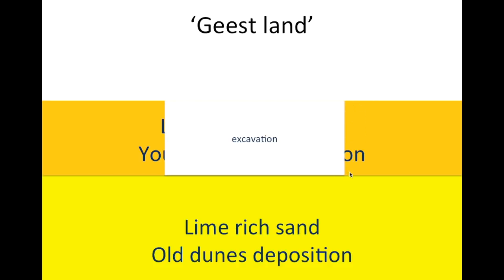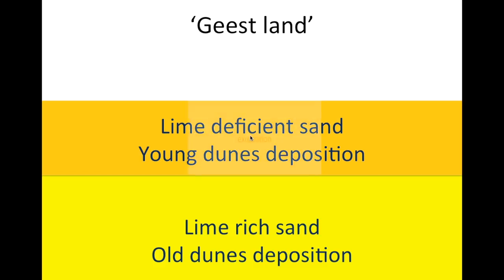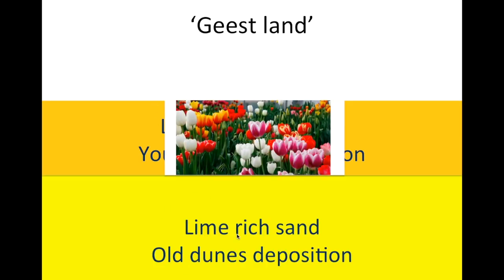They just dug a hole. They got rid of the lime-deficient young dune depositions over here. The first layer was just dug out and excavated away. And then they reached the lime-rich sand of the old dunes deposition, and there we have the ideal circumstances for